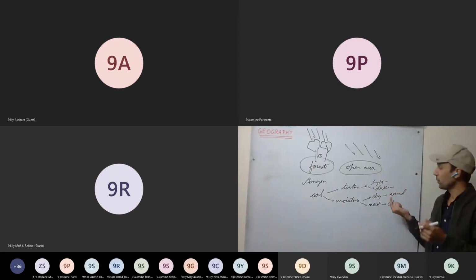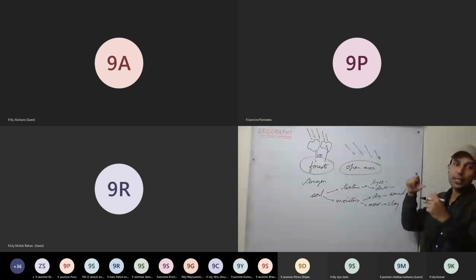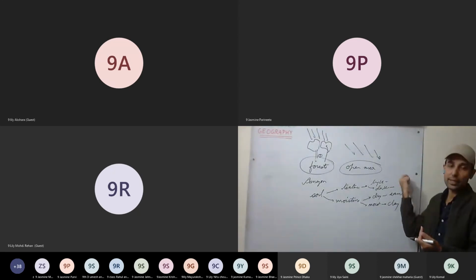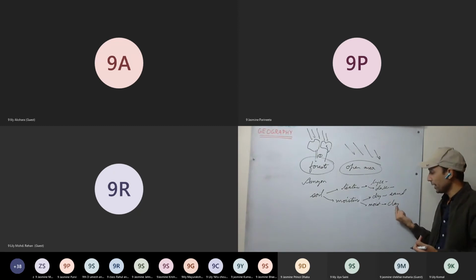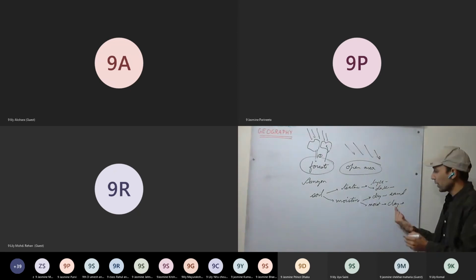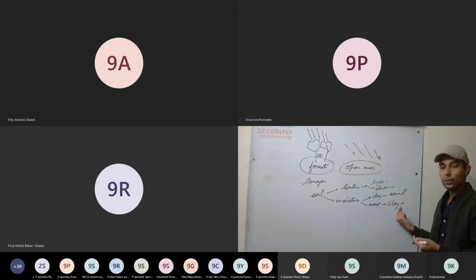Therefore, the variation of temperature will be more. That is diurnal, during the day and night, or the annual temperature, that is, any month we take, like the average of July and January. Annual variation in temperature as well will be more with the sand. But clay retains water; it is moist soil, it absorbs water, it has moisture. Therefore, this soil will get heated very slowly, and as well it loses heat very slowly, cools very slowly.